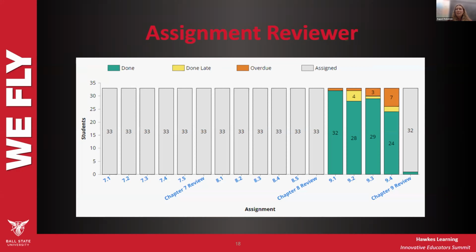So first is this assignment reviewer. I can go into my section and click on this assignment reviewer report, and it shows me how many students have completed certify for each section, how many students completed it late, or how many have not done it yet, meaning it's overdue. I will typically take a look at this report